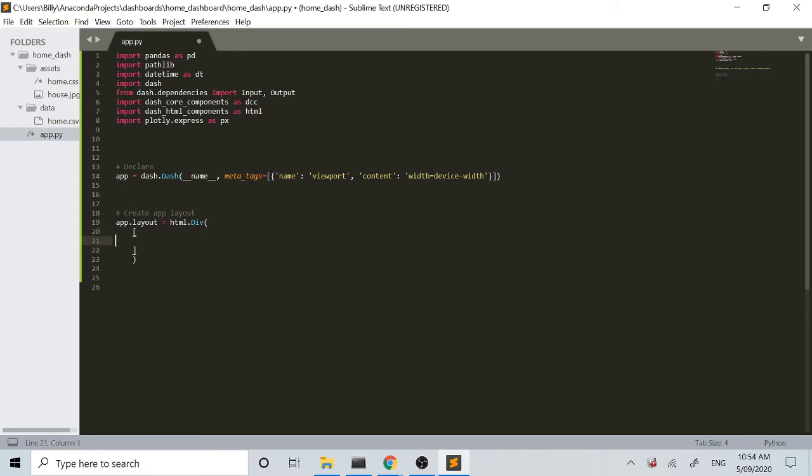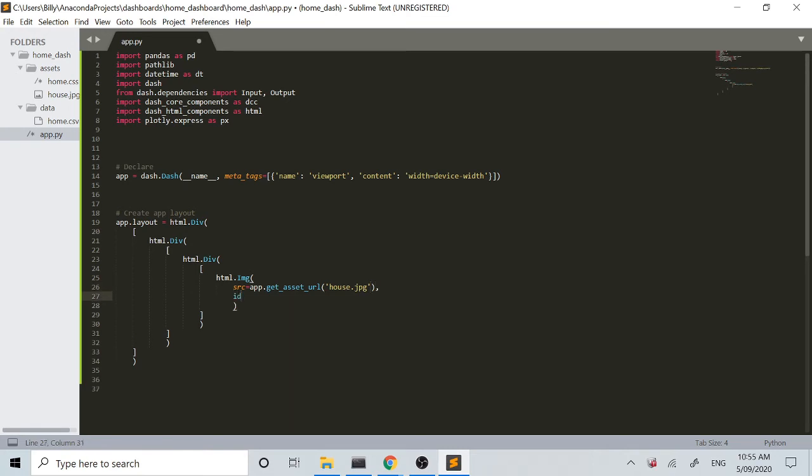So the first one, as we've done here, is we've imported the HTML components and we've accessed the div, and we'll come down here, open up a list, we'll do another one, so we'll go HTML div again, open up a list, again another one, which will go HTML div, a list, and then what we'll do in here is the top right corner of the dashboard had the house image, so we'll put this in here now. So we'll go html.img and we'll go src equals app.get_asset_url, and in here we pass the file name for our house image, which was house.jpg,